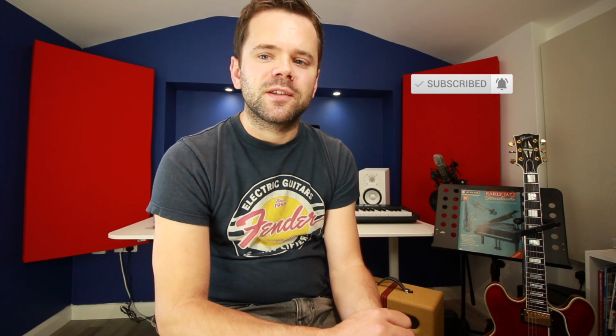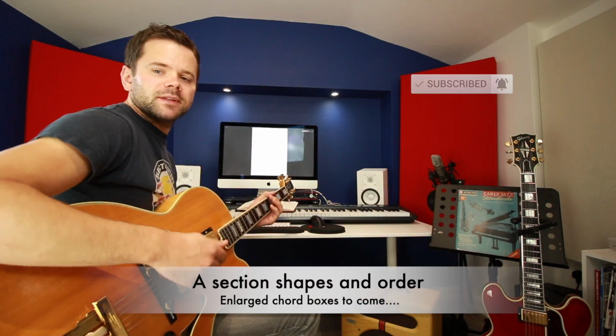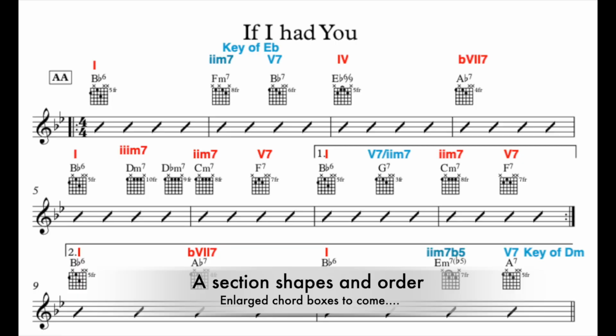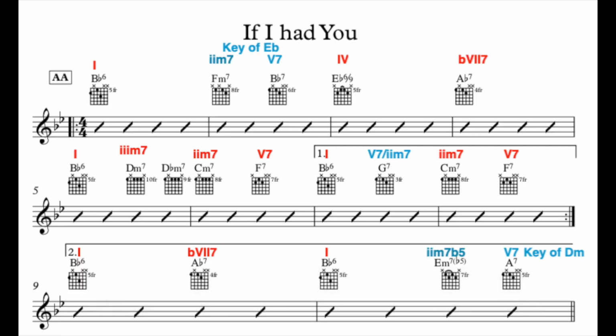So we've thought a little bit about which chords are diatonic and which ones are out of key, which is really important for you to be able to solo over this standard. Let me play through the A section. B flat 6, F minor 7, B flat 7, E flat 6 9, A flat 7, B flat 6 and